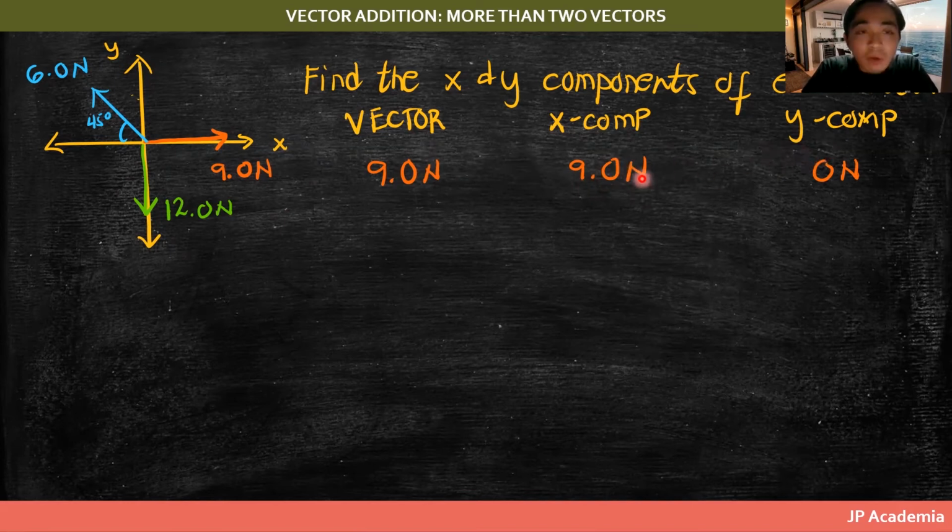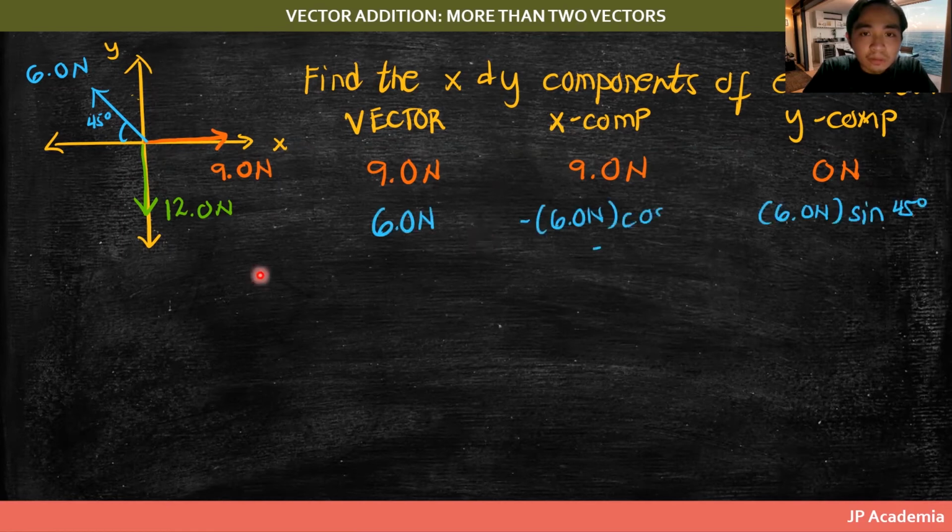Then, we have here the y component, which is 0 newtons. The reason for that is sine 0 is 0 lang. And sabi ko nga kanina, purely along the horizontal lang to, and therefore, wala talaga siyang y component. So, yung next dito, we have here 6 newtons, yung color blue, na may 45 degrees na angle along the